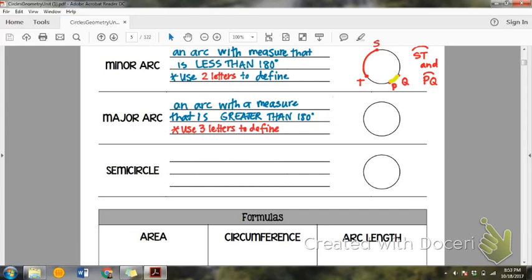So a minor arc is less than 180. A major arc is greater than 180. So again, greater than 180 means it's greater than half the circle. Okay, so if I draw an arc that's greater than half the circle,